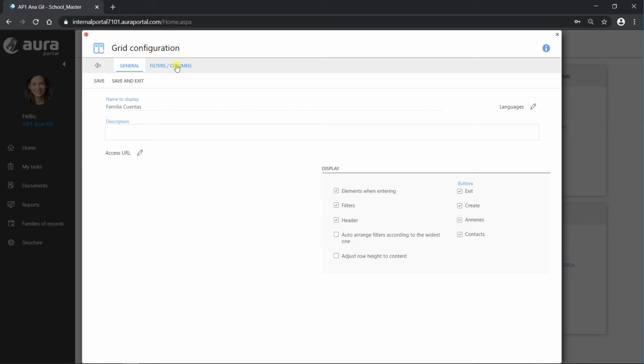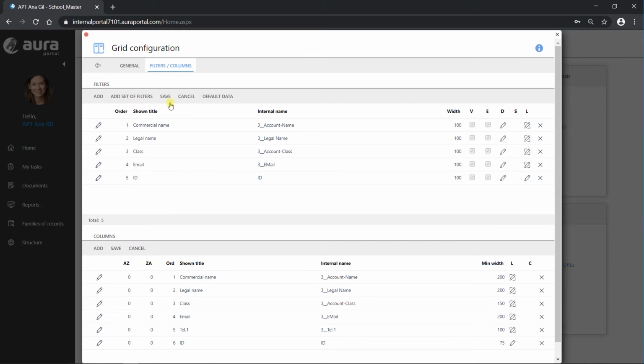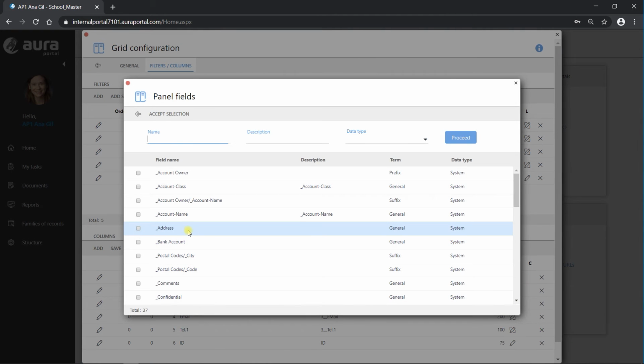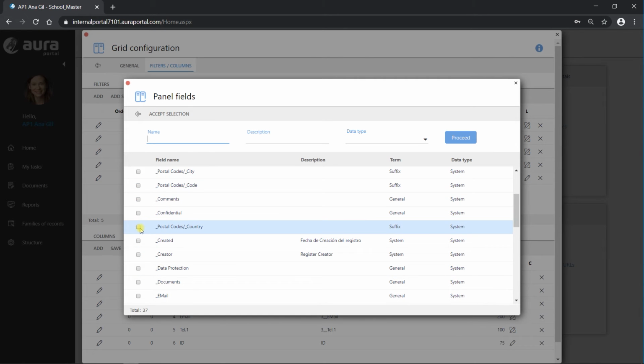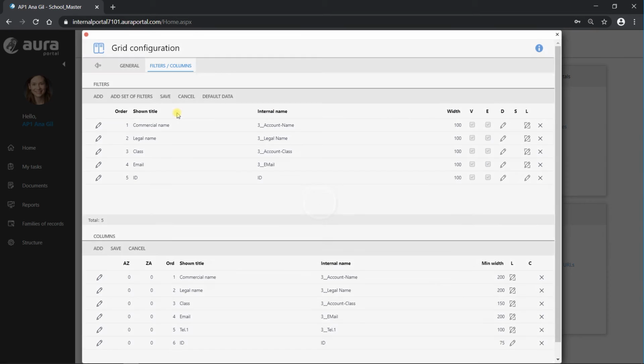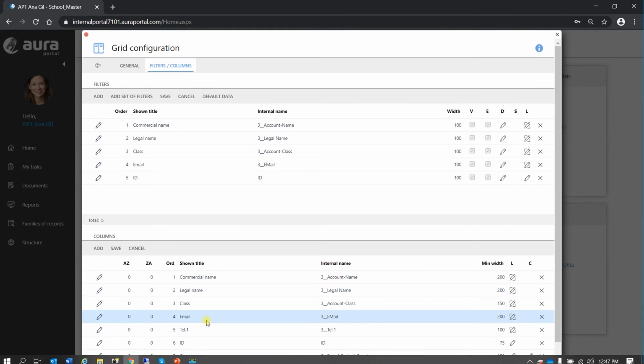And if we go to filters and columns, here I can choose the options that will appear as filters. We can choose which filter we want to have. In this case, I'm happy to have commercial name, legal name, class, email, and ID. And down here we have the columns. I'm just gonna add one more. So if I click on add, and find postal codes country, accept selection, and it's here, and